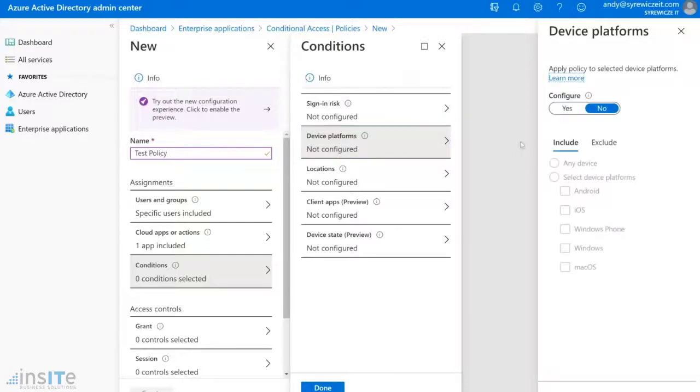Device platform. So if we want to make this policy occur on only certain devices, we can do that. So like I mentioned earlier, my wife uses iOS, she uses Mac OS. So we're going to select those 2